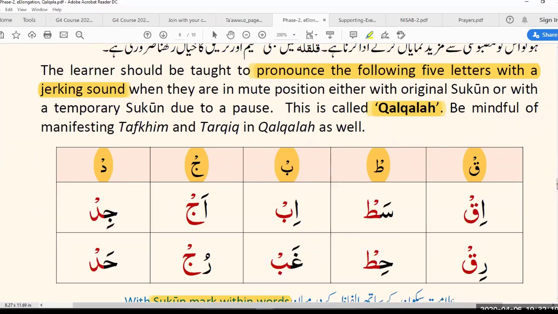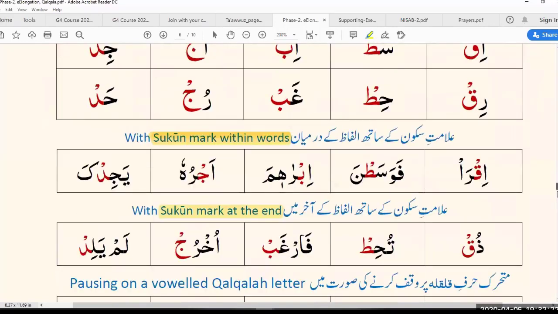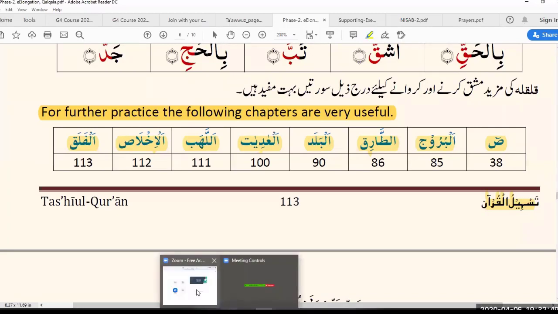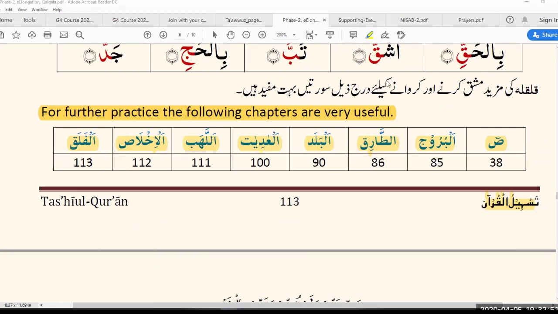I also mentioned the surahs down here. Sorry about that.